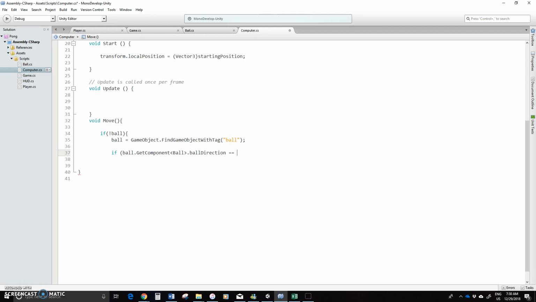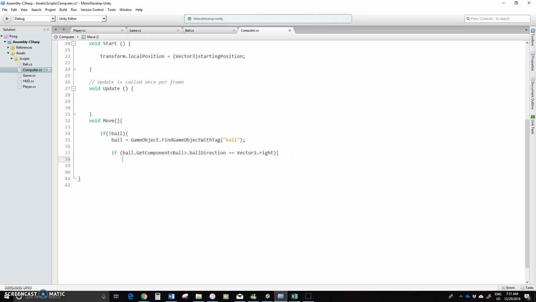And if it's going towards the right, okay, so we don't want it to move all the time, only when it's sort of approaching the ball here. So basically it's going to take the ball, get its ball script, grab the ball direction from that script, okay, and then if it's going towards the right, if it's moving towards the right, what we want to be able